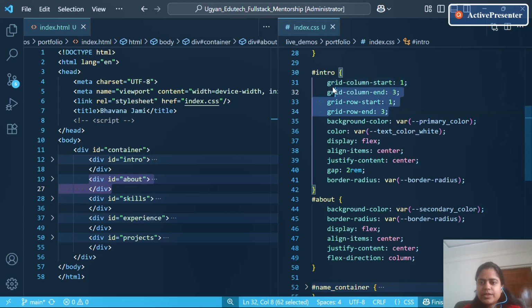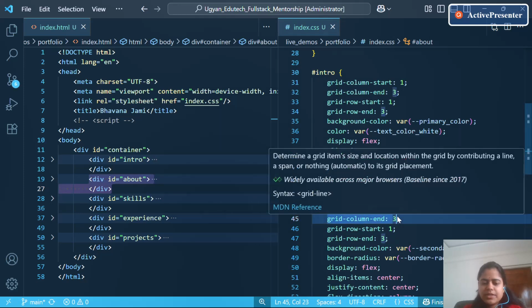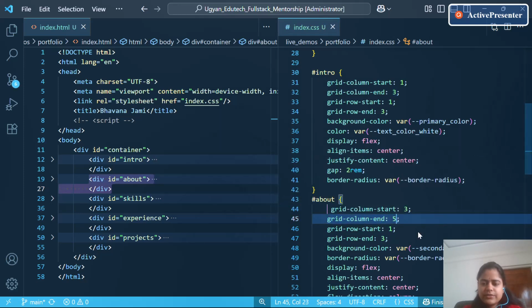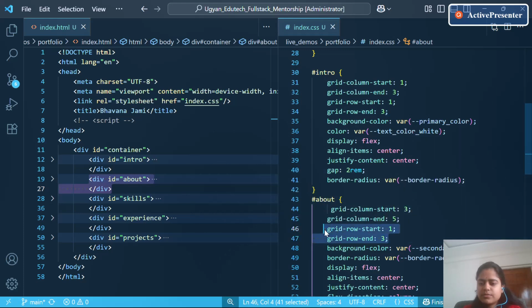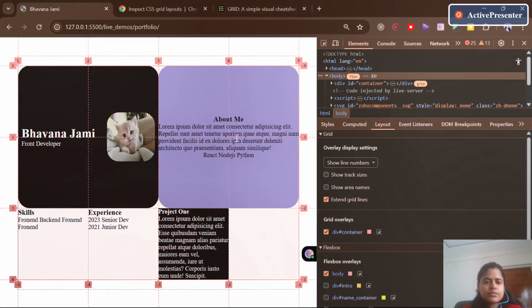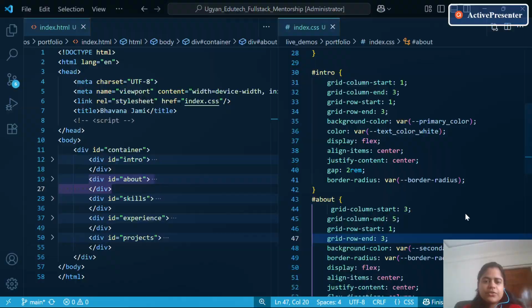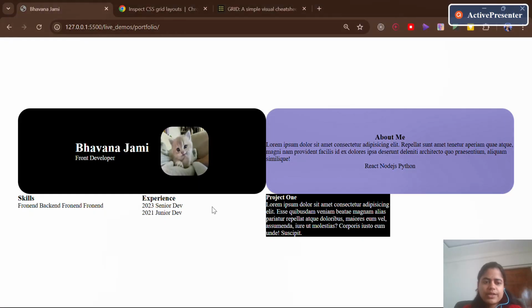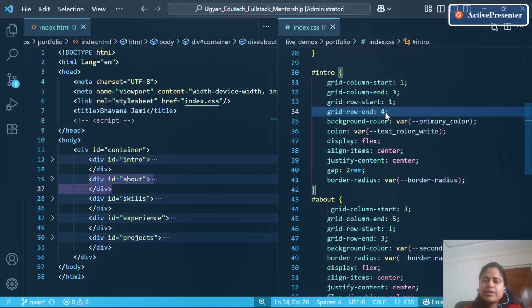I will copy the same thing and paste here, but I will change it. Wherever we're leaving the first element, I will start from there and give it 3 to 5. And rows also I want it to be in a single row. Single row means 1 to 3. So it is coming as the same. But for the about container, how do we want it? We want it to span from 1 to 4. That means,